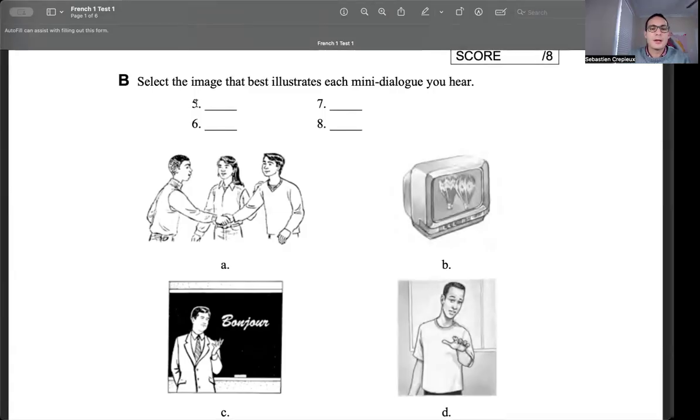Okay, so conversation number 5. Oh, how are you doing today? Oh, I'm doing so-so. Okay, which one are we talking about? Oh, it's the D. Number 6. Oh, there is a free TV in the classroom. What are we talking about? B. Okay, etc., etc. And the test is going to match exactly what we have in the book, chapter 1, and what we did during the homework. That's extremely important. Everything is going to match.